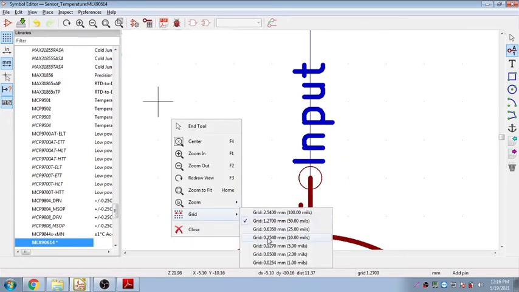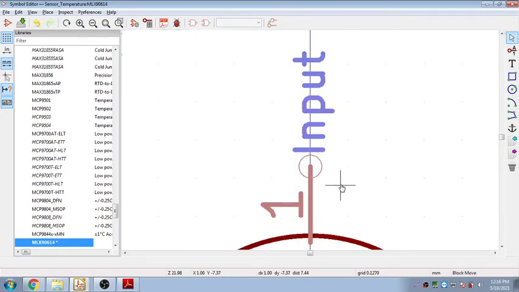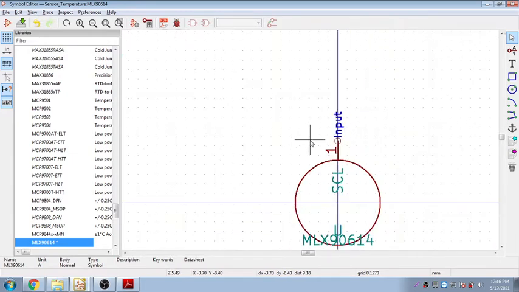Grid has to be here. So you choose a grid view that is required for you, that is SCL, and one more is